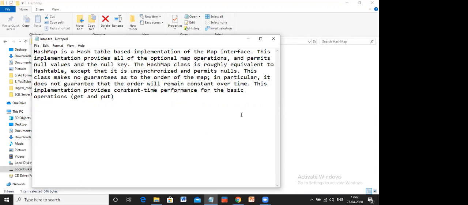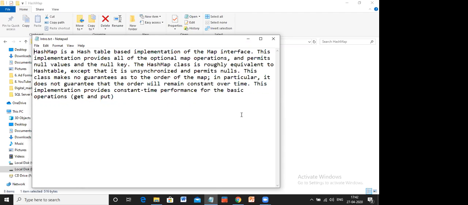So key and value are two different things, where key has to be unique and the name can be duplicated, not a problem, because a person can have multiple email IDs or multiple phone numbers, right? So to store such kind of data, you will look up to hash map.